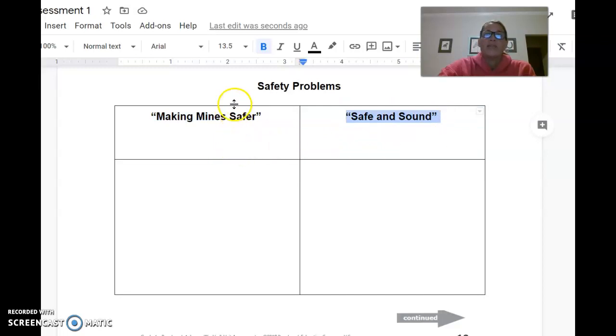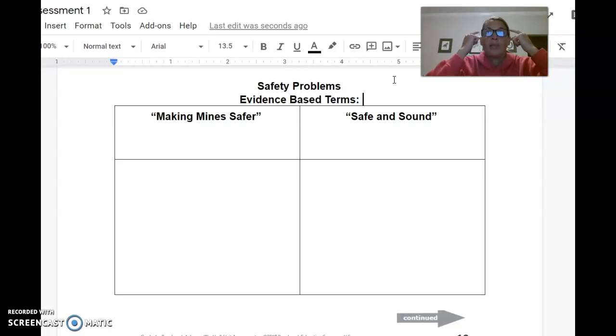Now, I would like for us to, underneath our title, add a few evidence-based terms. I know we've been using these a lot in our reading responses, and we've had some assignments where we've focused on that. But because I'm going to be pulling examples from the text, I want to make sure that anyone who reads my response knows I'm not the expert. It didn't come from my head. It actually came from this author, this text, this person.